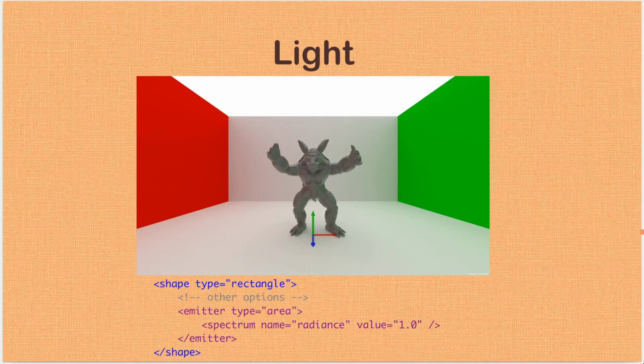The settings that make up this emitter are added to the shape that will be acting as a light source. We can increase the intensity of the light source by increasing this value. A quick note here. In this image, we used rectangle as area emitter. Mitsuba recommends to use sphere as area emitter since it results in using an efficient sampling strategy internally. The choice I made here in preparing a template scene file for the studio is simply a trade-off between minimizing the number of shapes and preparing a decent studio to render our CFD results. You are encouraged to try other options and experiment as we work through this tutorial.